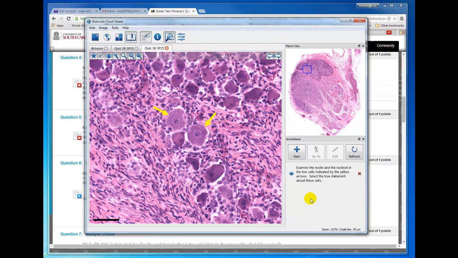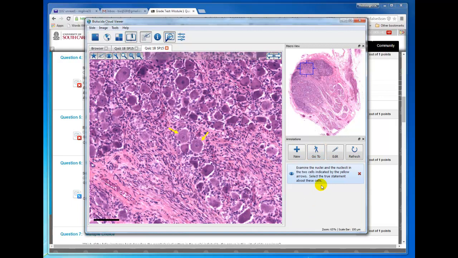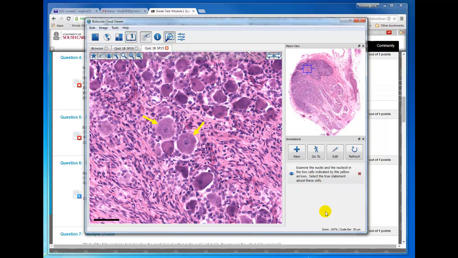The first thing I'm going to do is click on the annotation to make sure I'm actually looking. Actually, it's set at a little lower mag so you can see the surrounding area. This is a sensory ganglion, and these two cells are sensory ganglion cells. They're quite round, and if you increase the magnification up to 100% here, you can see the nucleus in the center here, and you can see the surrounding cytoplasm, and you have a very dense dark spot in each nucleus, and that's the nucleolus. The rest of the nucleus is quite pale, and the chromatin is dispersed, so its euchromatin pattern is